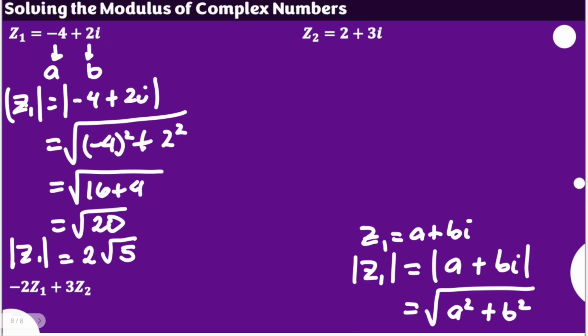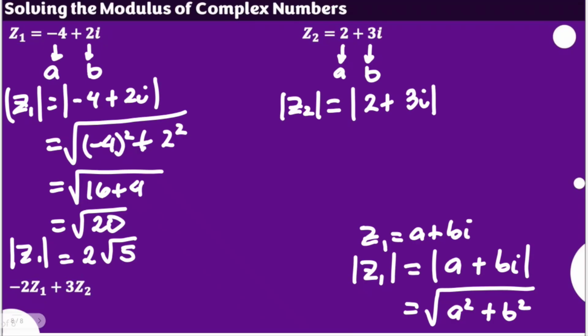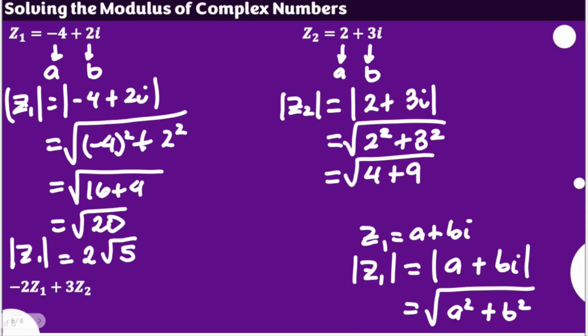Okay, so replicating the process for our z sub 2, again, this is our a and this would be our b. So the modulus of z sub 2 is the modulus of 2 plus 3i, which is the square root of 2 squared plus 3 squared. This is actually the square root of 4 plus 9, which gives us a result of square root of 13 in its actual form, because it can no longer be simplified. So these are the results for the first two